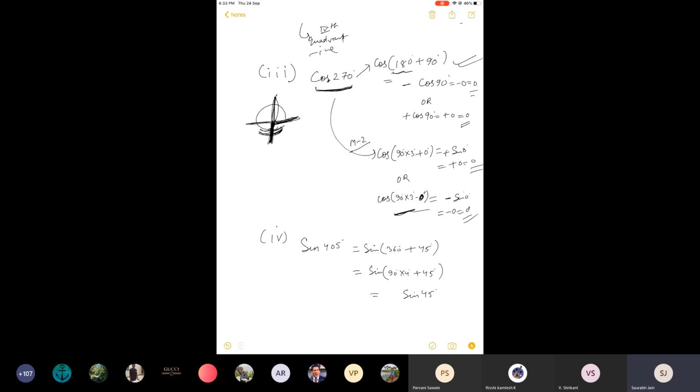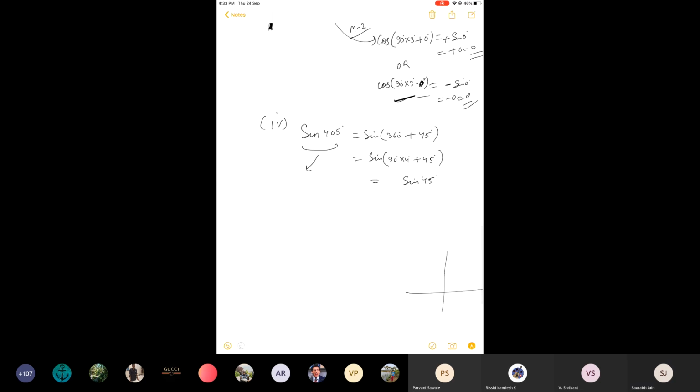And now finally we have to decide the sign. Listen carefully here. We are talking about the first round in the anti-clockwise sense. Someone is moving this way. First round made angle 0 to 90, then 90 to 180, then 180 to 270, then 360. Suppose a second round, third round, fourth round, any number of rounds. Ultimately only one of these 4 quadrants will be there.